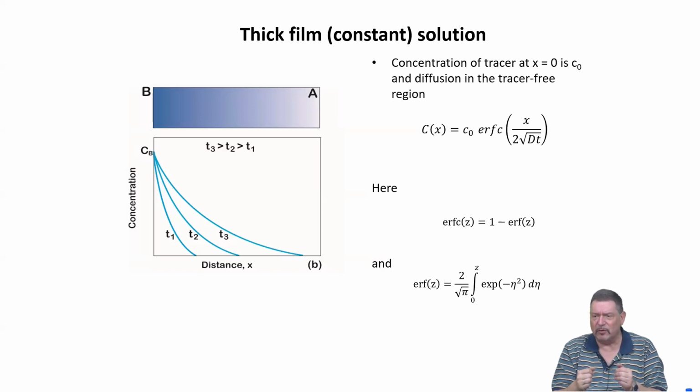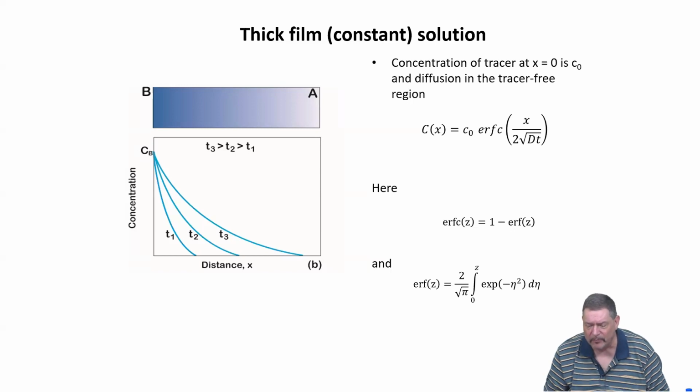It's the same as if you would apply a very thick film of marked atoms onto a material. Now you let it diffuse at a certain temperature, capital T, for time t, but there is so much of it that still at the end of your diffusion process, the composition of this diffusing species at the place where you applied it is the same. This is then what's called the thick film or constant solution. Constant because the composition of the diffusing species at the place where it was applied will stay constant.